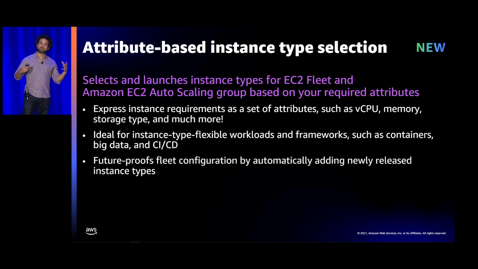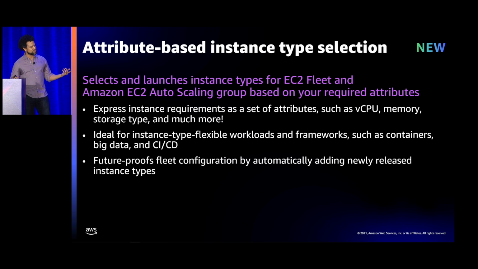So one of the things I talk to customers about getting large amounts of capacity is finding all the instances that work for their workload, building a list, and putting those in the auto-scaling group, and that takes time. But what this is doing for you is it's taking that process out. You just tell it exactly what kind of attributes you're looking for, and it'll populate that list for you. In addition, similar to the instance discovery tool, this will always remain up to date. So now you're future-proofing your workload, because your attributes may not change, but the instances probably will as we come out with new instance types. So ultimately what this is going to do is save you time.